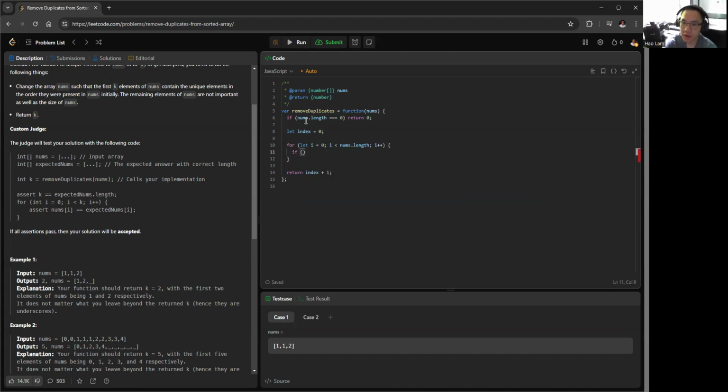Okay. If the nums at the index is different from the nums at i, then we want to increment our index and set the value to be the nums at i. And then we can start from index 1